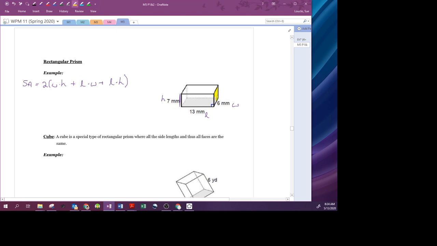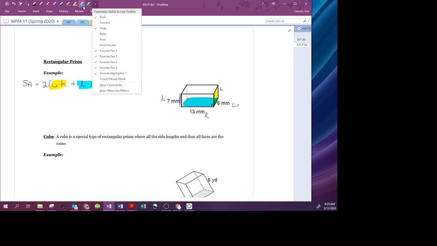is the area of this little side bit here. Okay, because this is also the height here, right? The length times the width would be the area of the bottom, right? The bottom rectangle. Which is hard to color neatly with this thing, but there you go. And the length times the height,